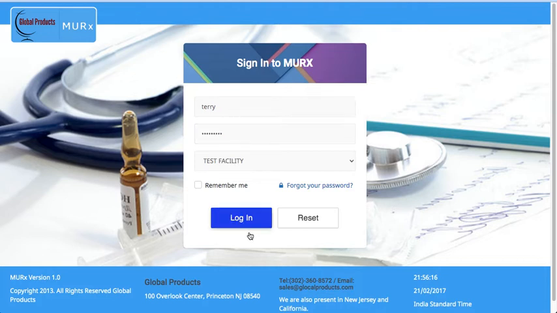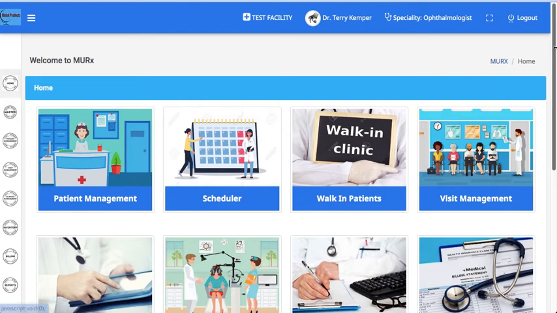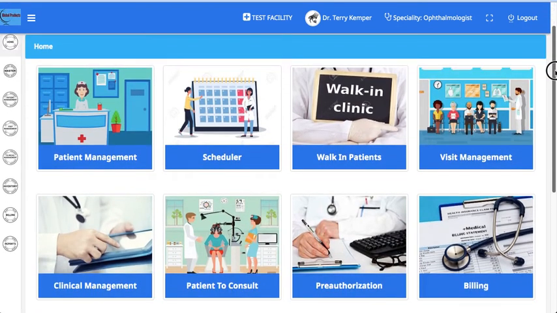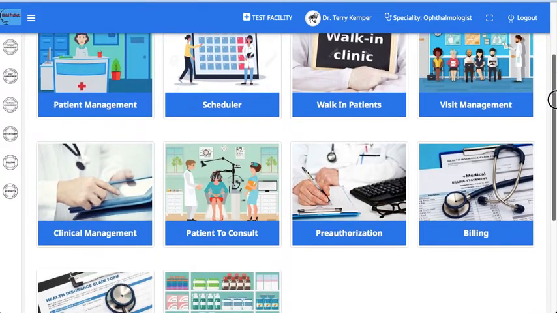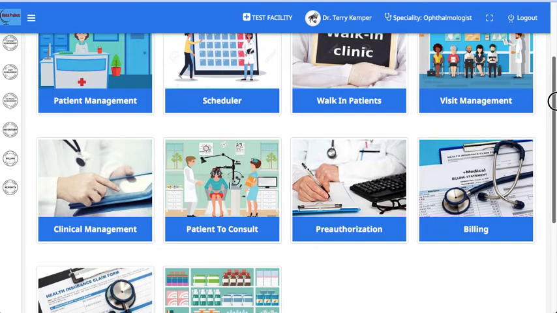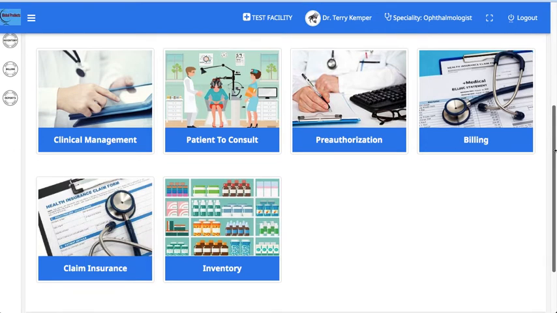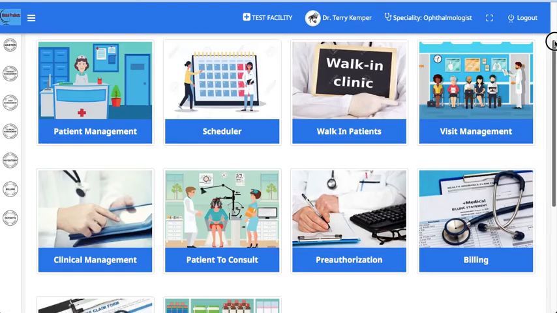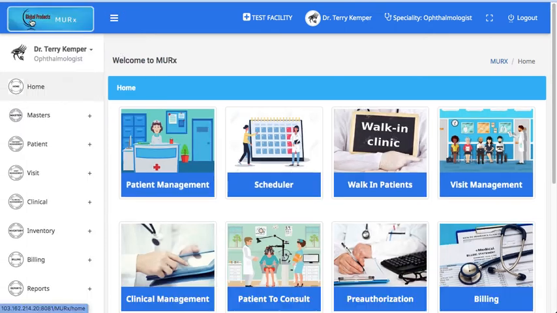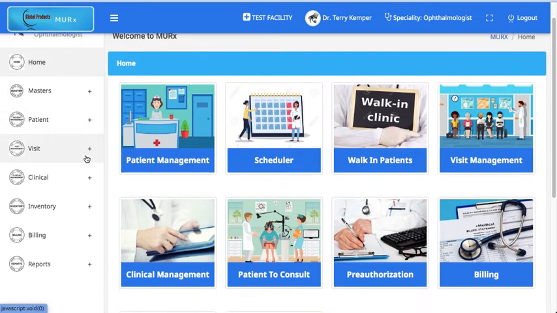When we log in, we are taken to the main dashboard of our software. The images on the dashboard are links for quick access to the most frequently used submodules in our EHR, such as patient registration, appointment scheduler, walk-in patient, clinical management, insurance billing module with pre-authorization billing, claim insurance, and the inventory module. And there is a detailed navigation menu on the left hand side as well for accessing the different modules